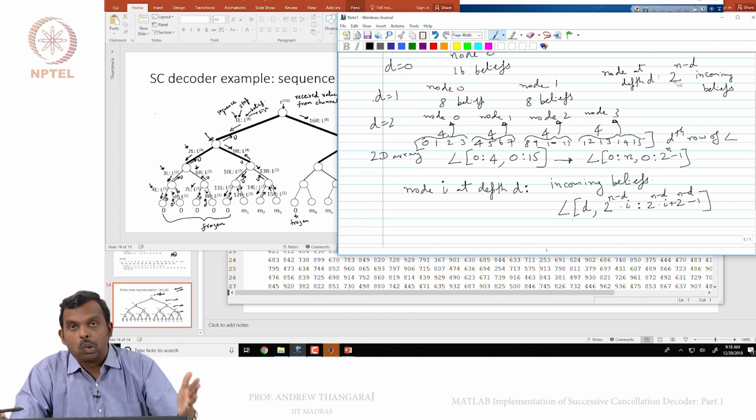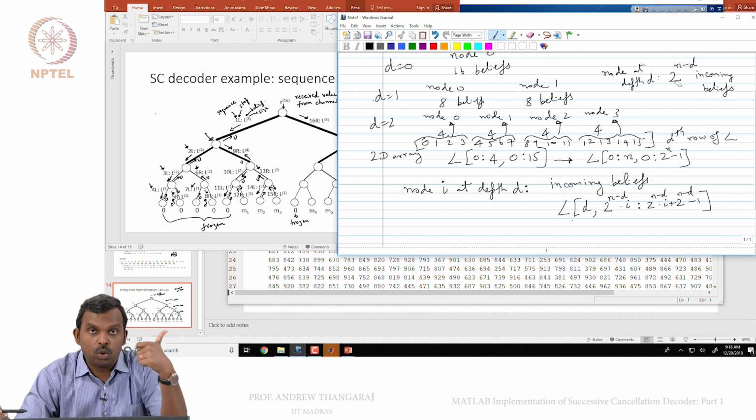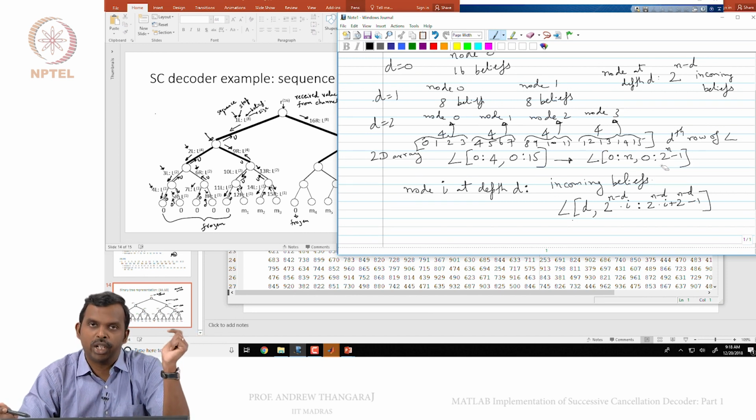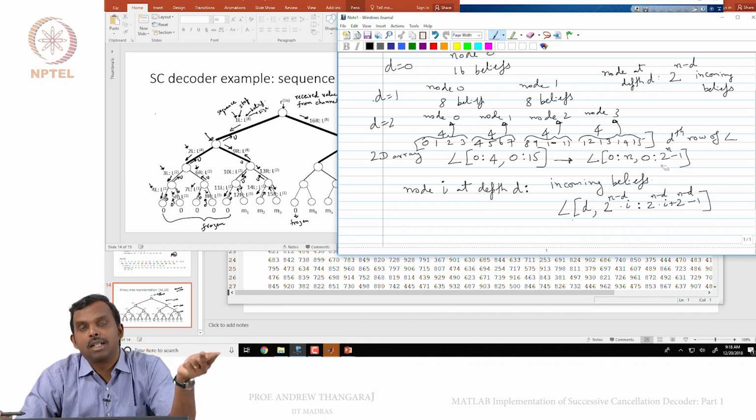Okay, so we have represented the tree. We know how to go from one node to the other, in either left child, right child, or parent. We have figured out how to store the beliefs. Okay, maybe not the most efficient. I'm sure you can find a lot of holes in how you can simplify the storage. You don't need to store this much, etc. But like I said, I'm not trying to write the most efficient code here. And the third piece of